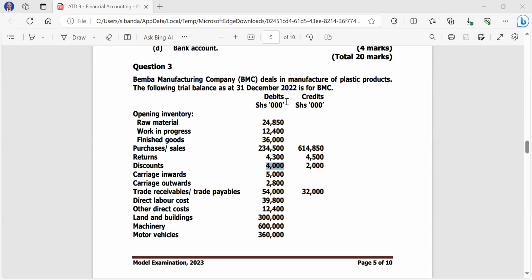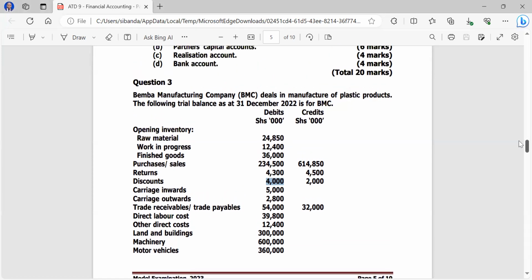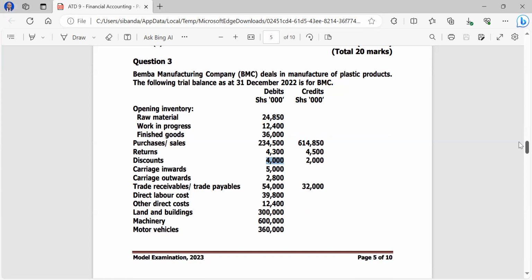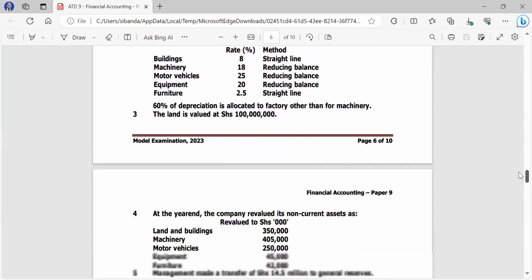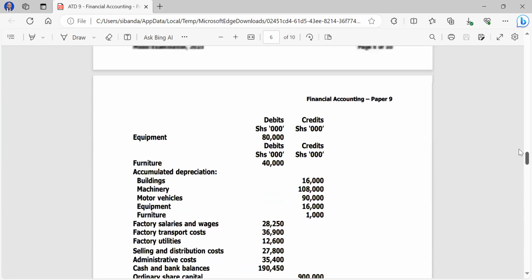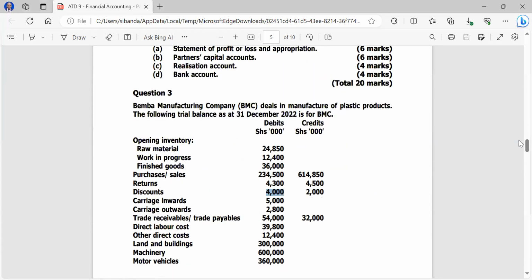Okay, welcome again. So, like I said, we want to look at the statement of changes in equity, and we want to see a practical number of how to do such a number. So we have this question, and this question is about a manufacturing company called Ibanda that deals in the manufacture